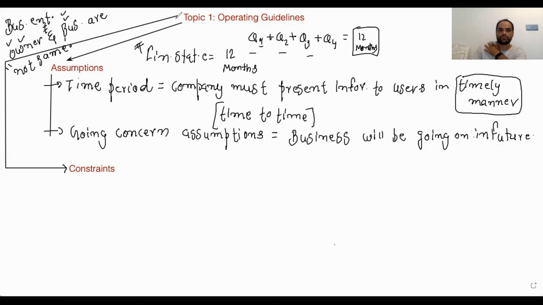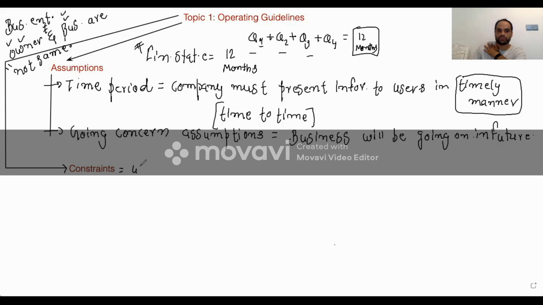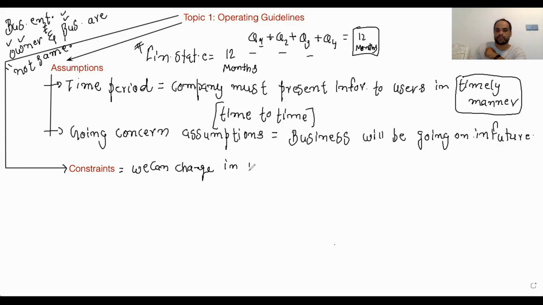So constraint means we can change our accounting standard, AS means accounting standard, as long as